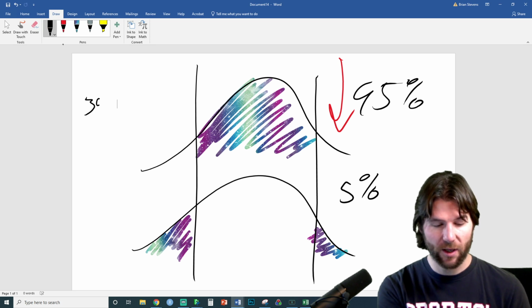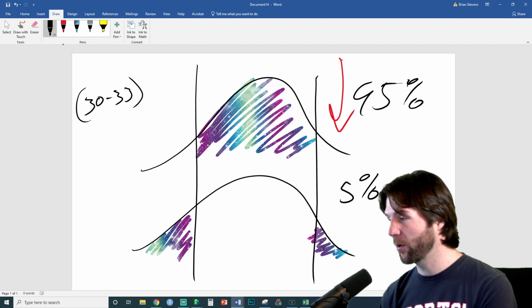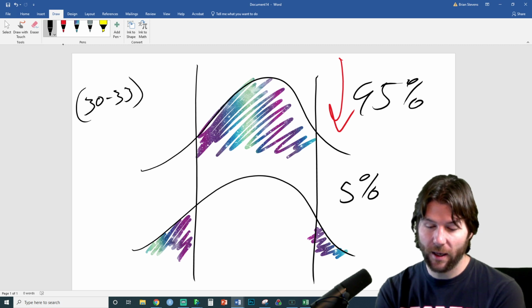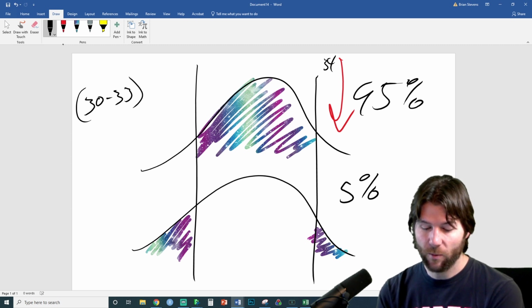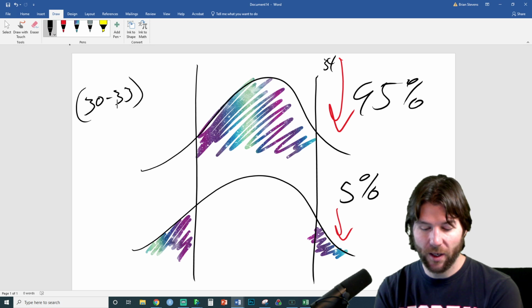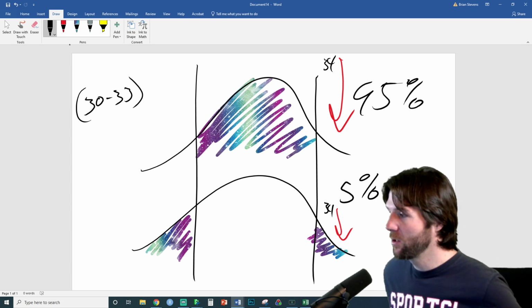It was 30 through 33. So since my interval is 30 through 33, if I were to test 34, that would land outside of my interval. Would I reject that value or fail to reject that value? 34 is outside my interval. Would I reject 34 or fail to reject 34? I'd reject it. You're right. So I could reject 34.